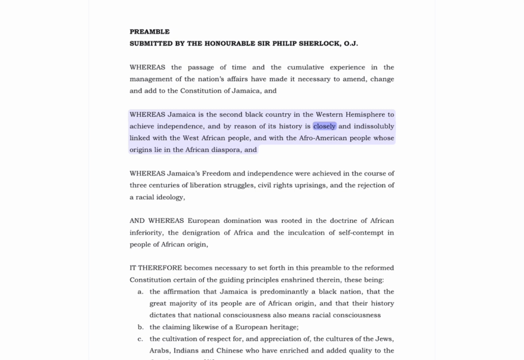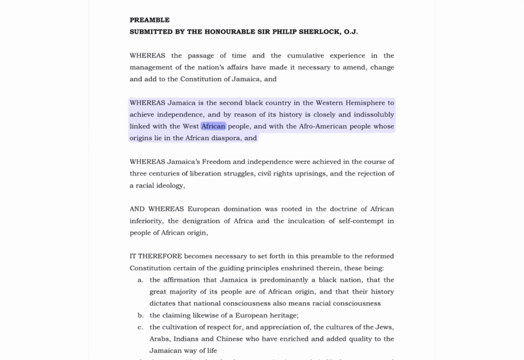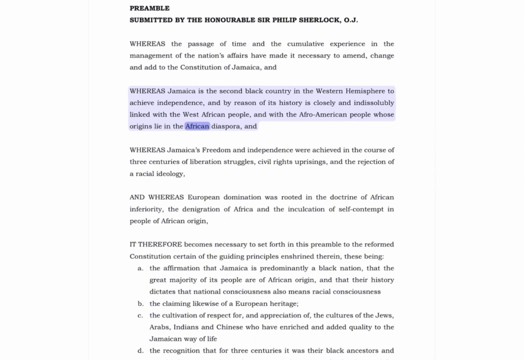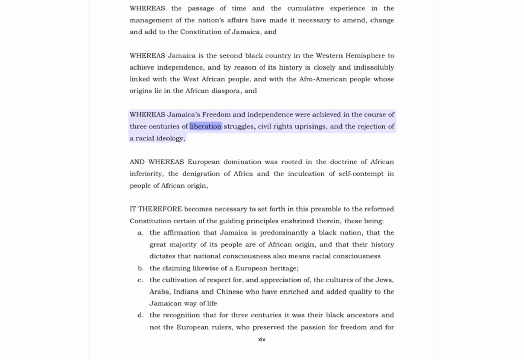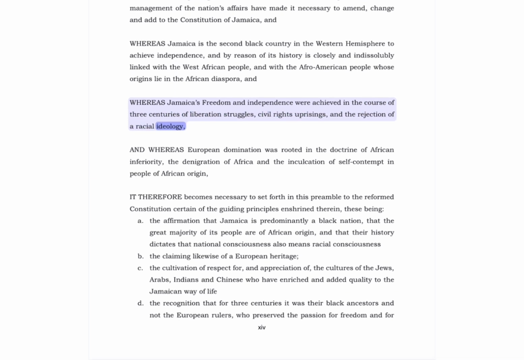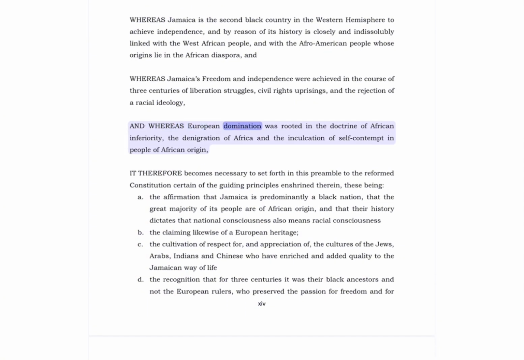is closely and indissolubly linked with the West African people, and with the Afro-American people whose origins lie in the African diaspora, and whereas Jamaica's freedom and independence were achieved in the course of 3 centuries of liberation struggles, civil rights uprisings, and the rejection of a racial ideology, and whereas European domination was rooted in the doctrine